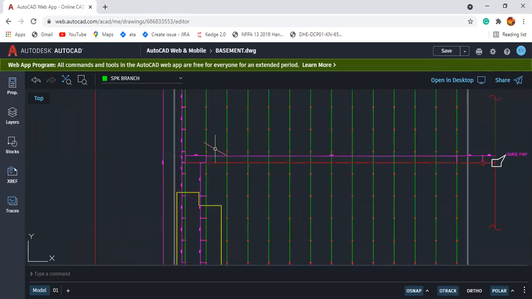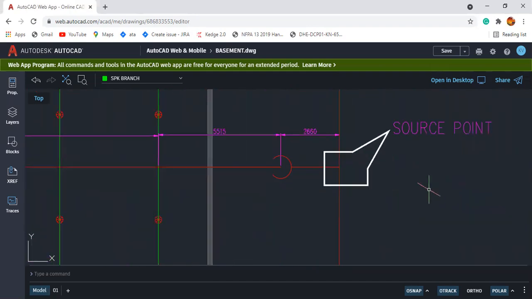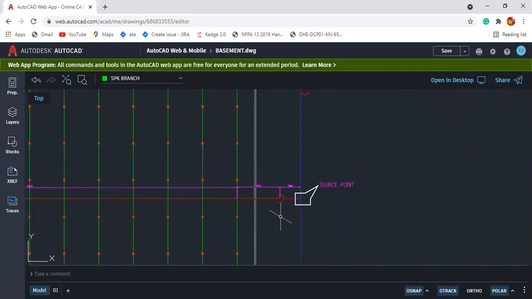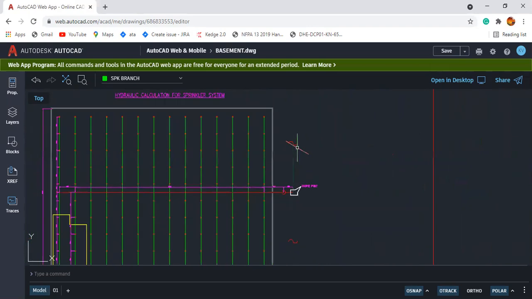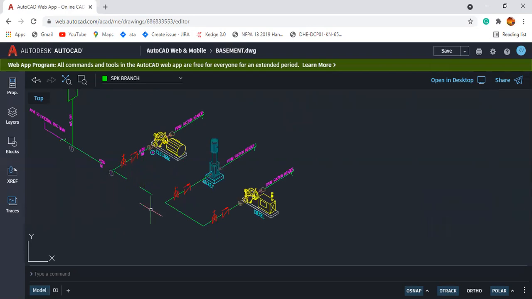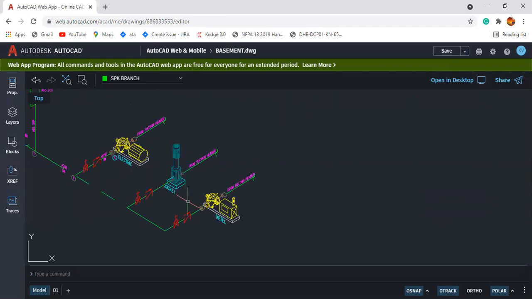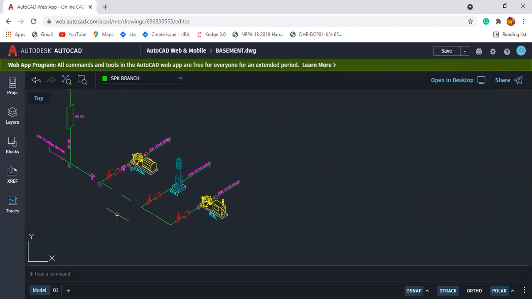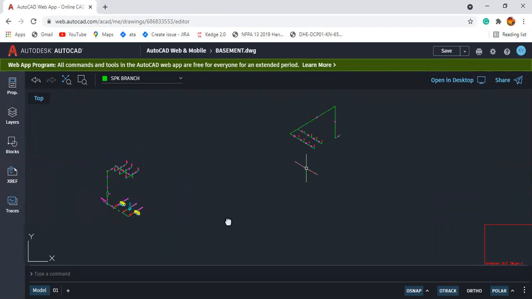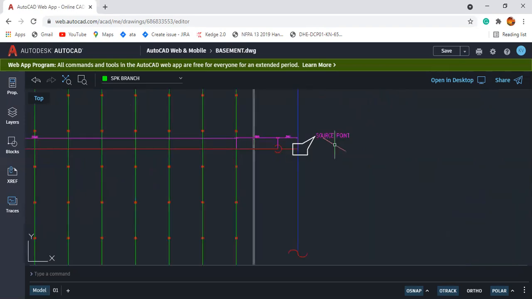So this is a branch line, and this is a sprinkler. This is a feed main. This is a source point. This source point comes from the fire pump room discharge header. It will look like this: one electric pump, one diesel pump, and one jockey pump. That's the usual typical arrangement. From the delivery header, where the external ring main will come, we can tap from the ring main. For the calculation purpose, whatever the software, we have to put in the source point. So I consider this as a source point.